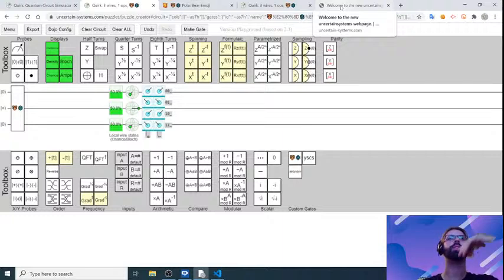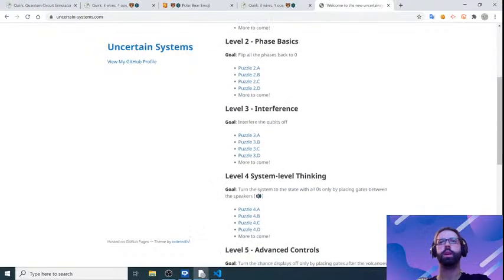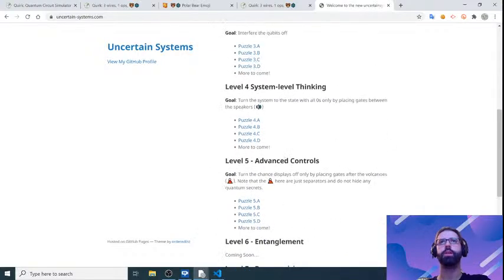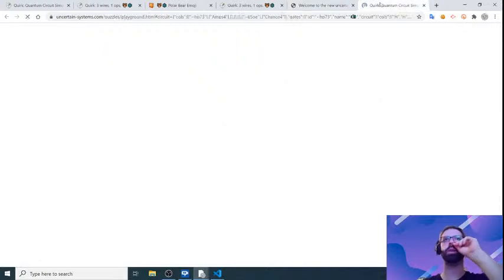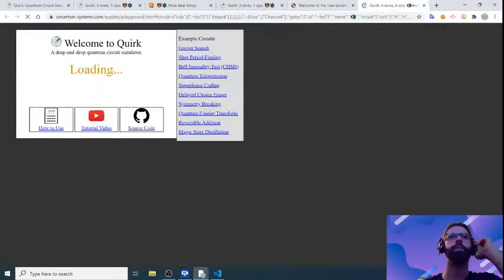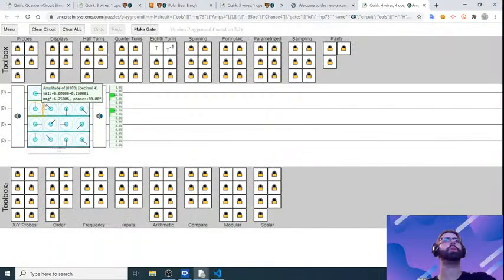That would be interesting. So for example, if I take a look at the system level thinking puzzles, I think those were nice. So if you go here, you end up in this puzzle, which asks you to turn